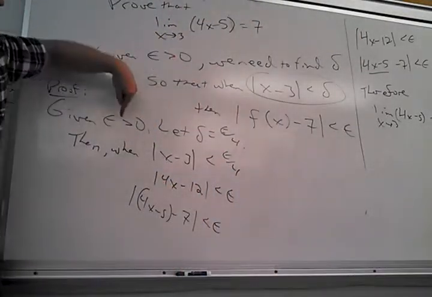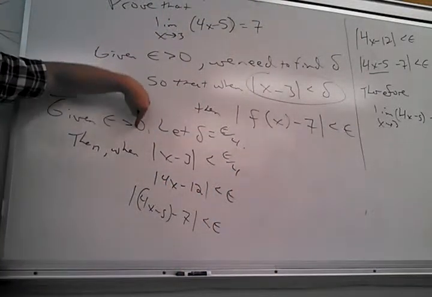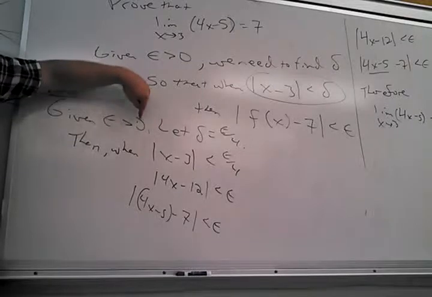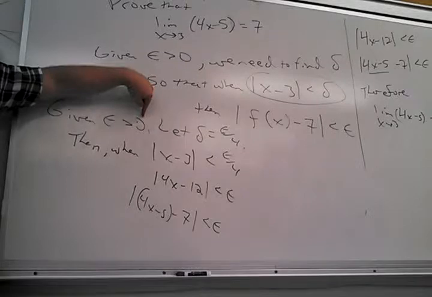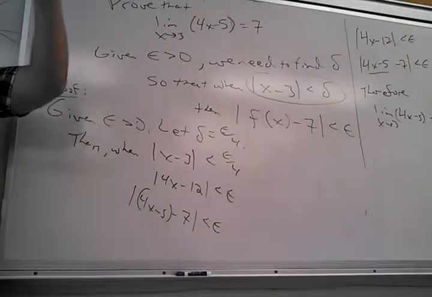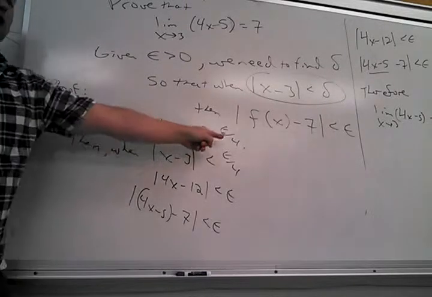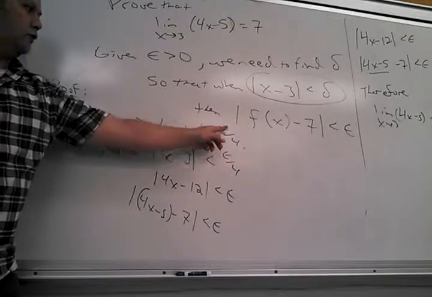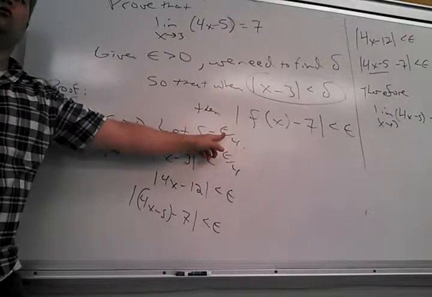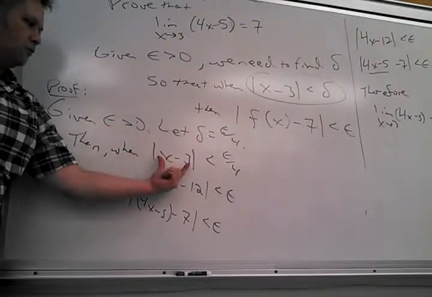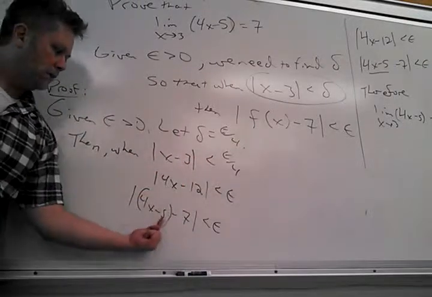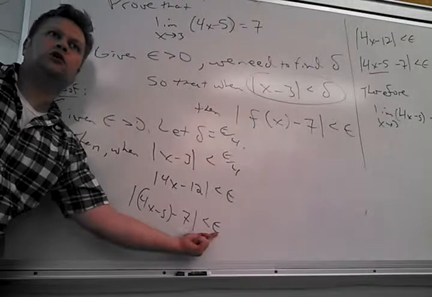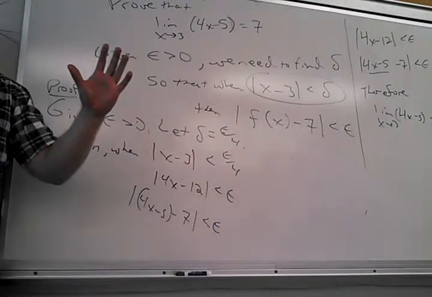When somebody comes along and tells me an epsilon bigger than 0, it could be 18. More likely it's going to be 1 over a billion or something. I want you to be within 1 billionth of the limit you think it is. Well, I'm able to get there. If I let delta equal 1/4 of what they just told me, then when I am that close to the input, my outputs are as close as they told me they should be to the limit.